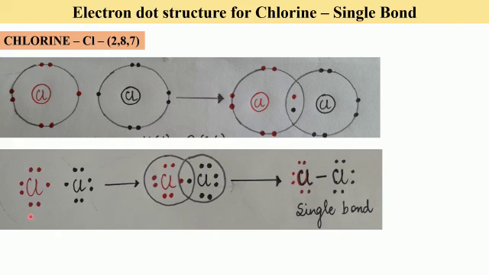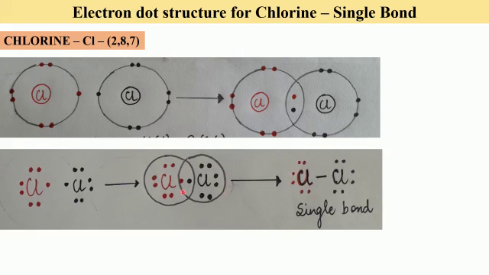This is a dot structure. Chlorine, 7 electrons have been shown. Another atom of chlorine with 7 electrons. Both share 1 electron each. So you have to draw the circle now. So you will take these two which are the shared ones and the remaining 6 that the chlorine is left with. Same way, the two which are the shared here plus the remaining 6 of this atom.